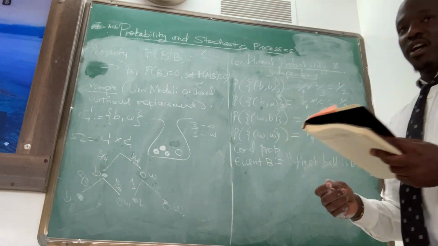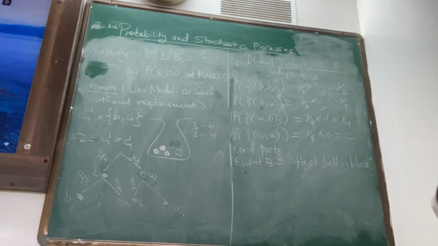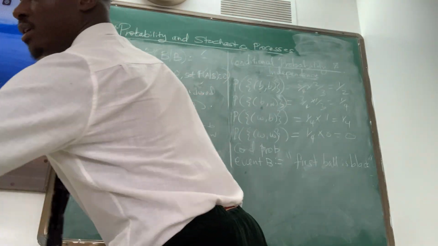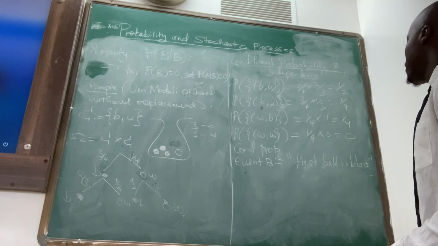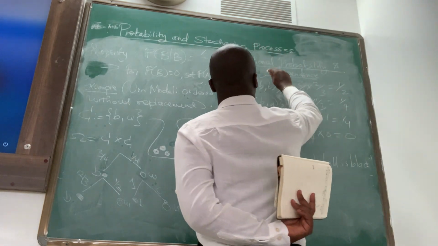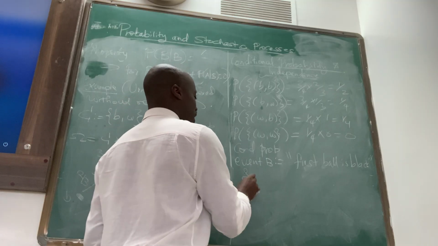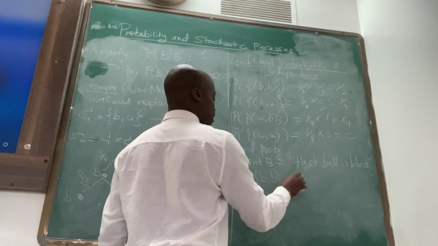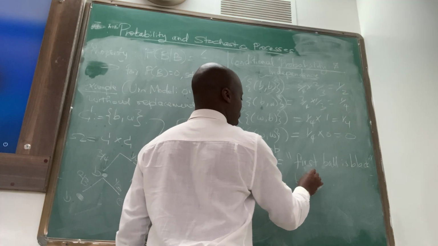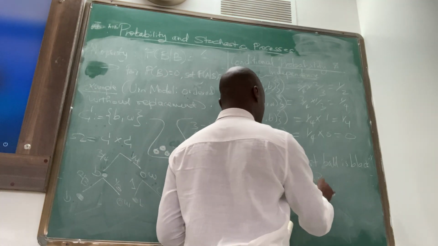Okay? The event that the first ball is black. The only scenario where the first ball is black, there are only two: this one and this one. So those are the only two events. This will be event black-black, and event black-white. Those are the only two events where the first